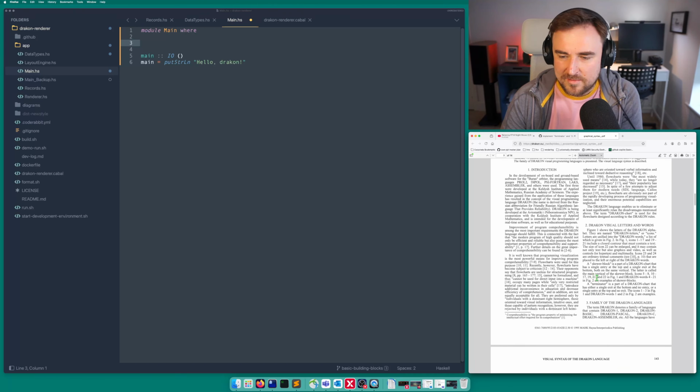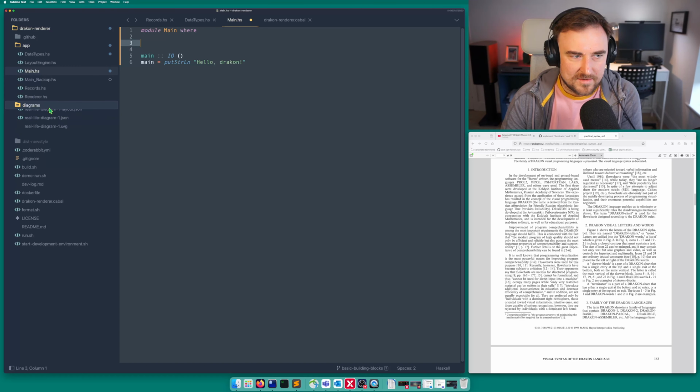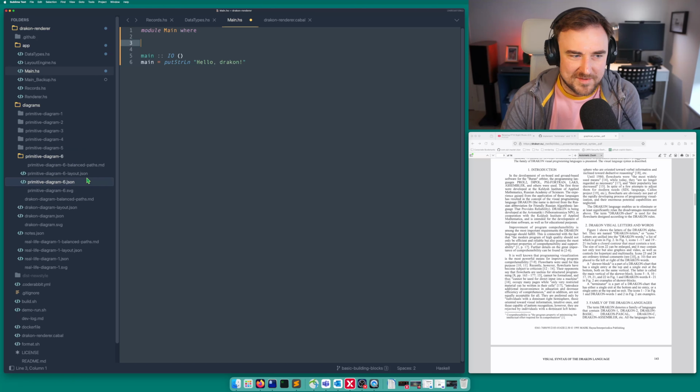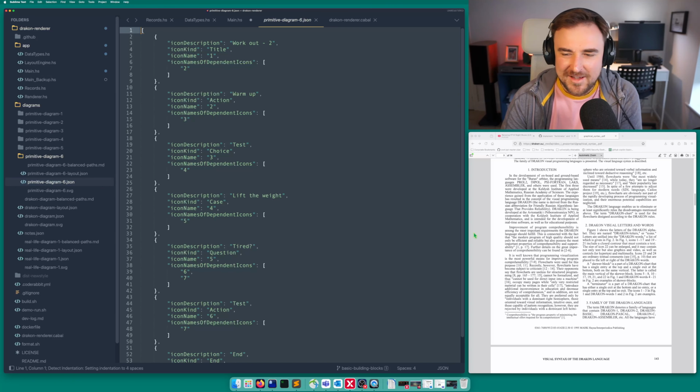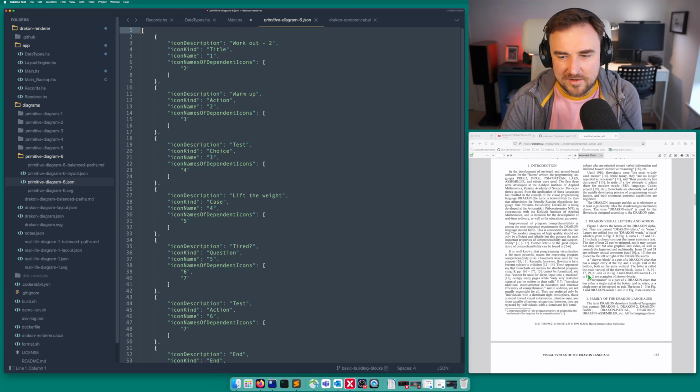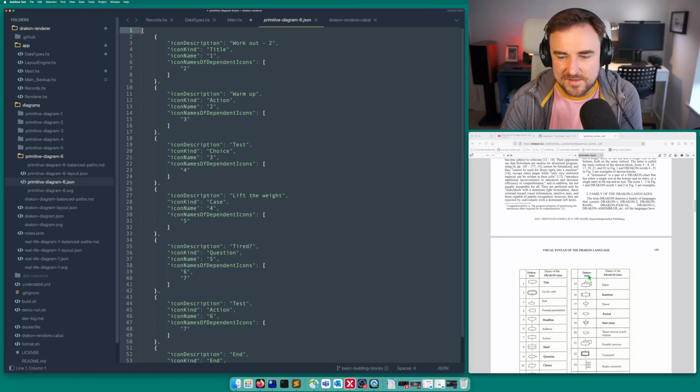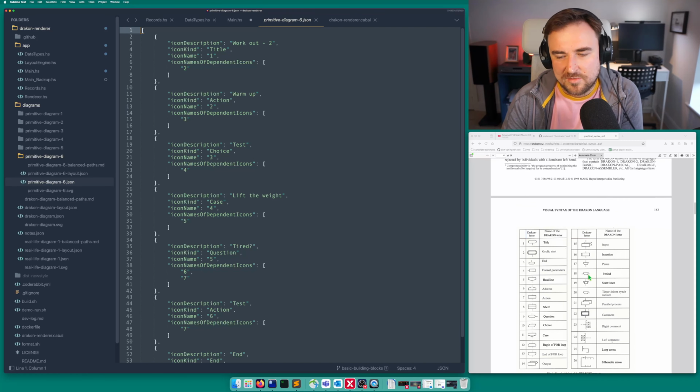A diagram really is a 1D list. So my intuition here was correct, but only accidentally. A diagram really is a 1D list of icons, but some of these icons are nested data structures where